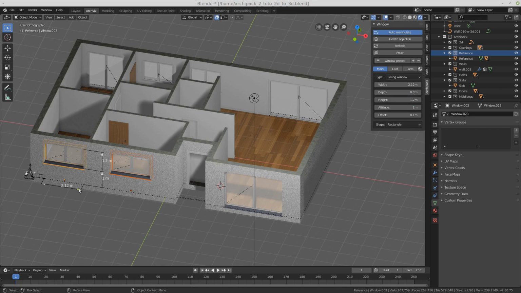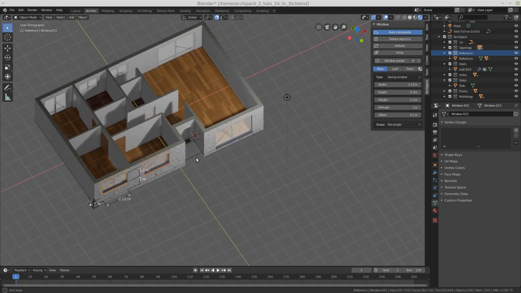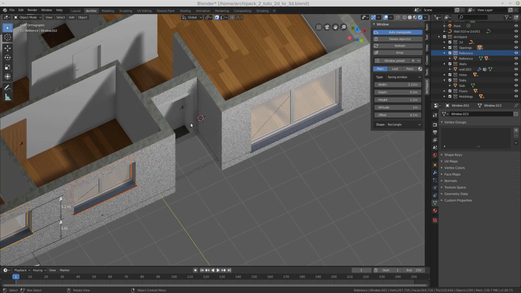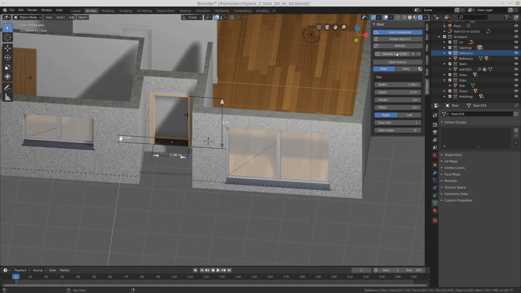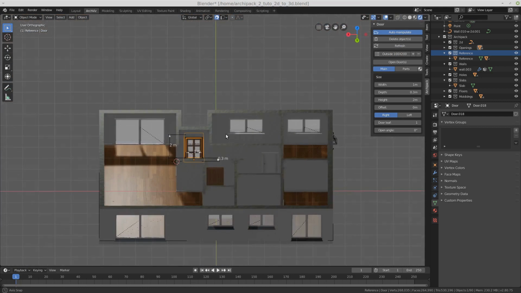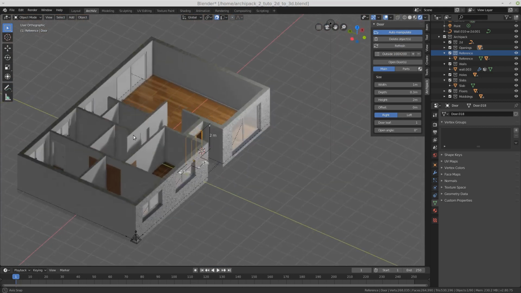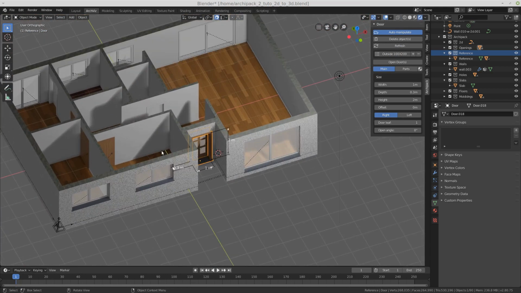I can manipulate my window, but they won't follow the wall when I go into the corner, as you can do with regular walls. Also, you're able to set up different presets. So basically openings are still manipulable, but walls are not.